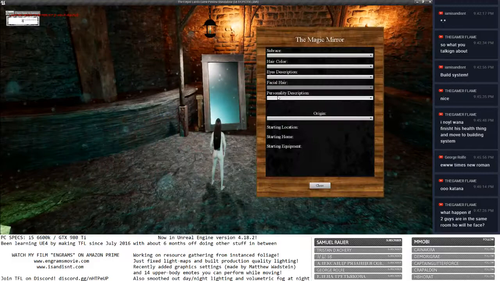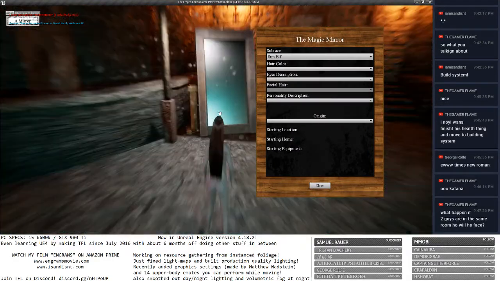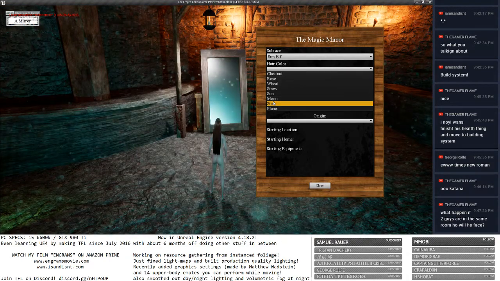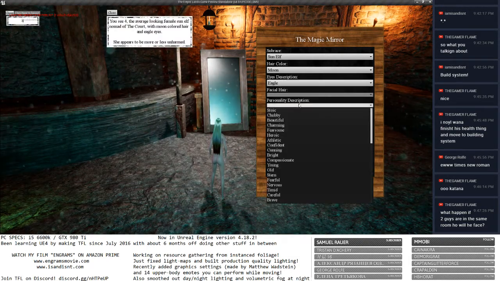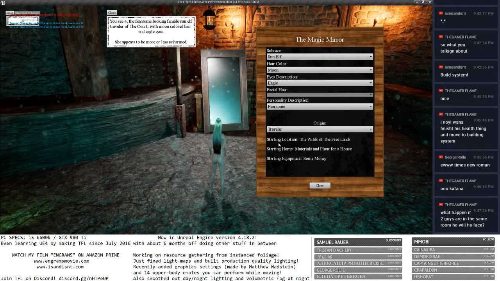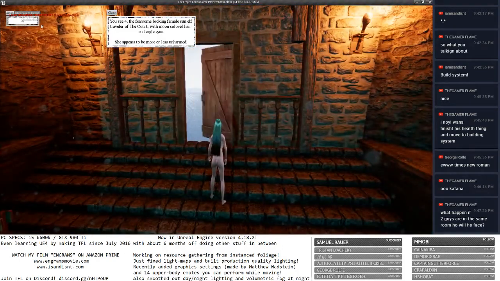Let me just... I've been... A lot of little subtle things you have to program, you know? Different races. You can't tell here, but this is like a dark skin color. Text description for characters. The traveler thing will give me materials and plans for a house. I should say some more about that, but...